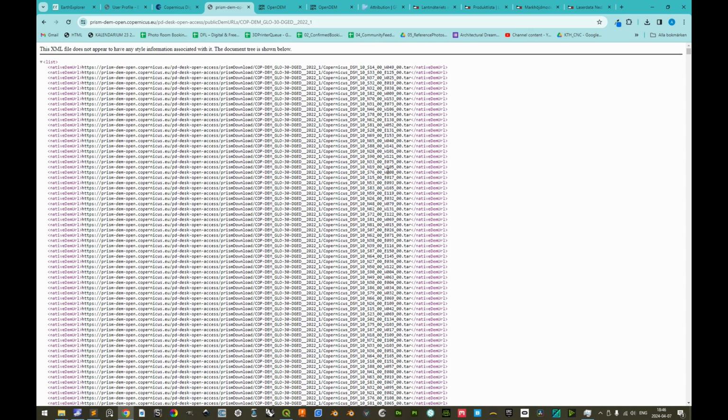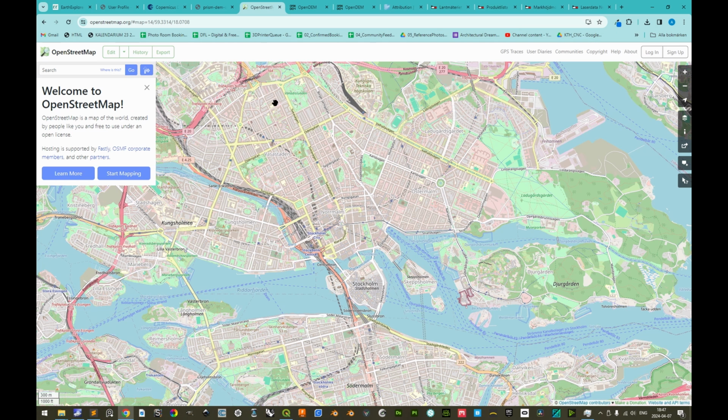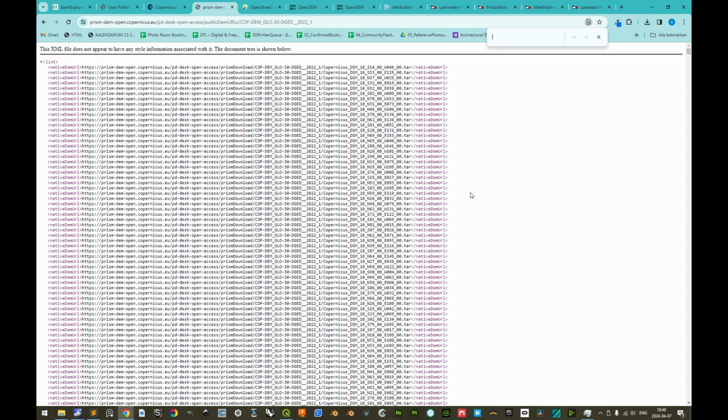Now, to know which one or which ones we are interested in, we go either to a QGIS project that has a coordinate reference system that uses arc degrees and minutes and seconds to get a notion of which arc degrees we should download, or we can simply go to OpenStreetMap. And then we see here the center of the viewport will be these coordinates, approximately 59 degrees north and 18 degrees east. As such, we can go back to the site index and then we can search for, first then,